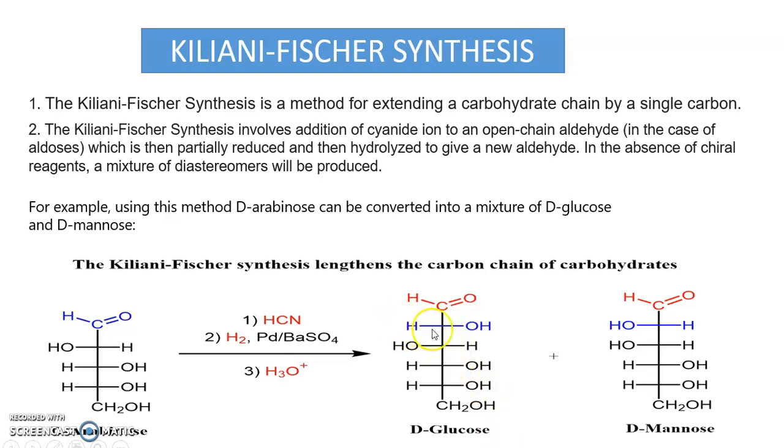The carbon atom is indicated here by this blue line, and here also. So there is one more carbon in the product. This is a method by which we can increase the length of the carbon chain of carbohydrates. So how is it carried out? D-arabinose is reacted with hydrogen cyanide, HCN, and then it is reduced using hydrogen on palladium BaSO4, and finally it is